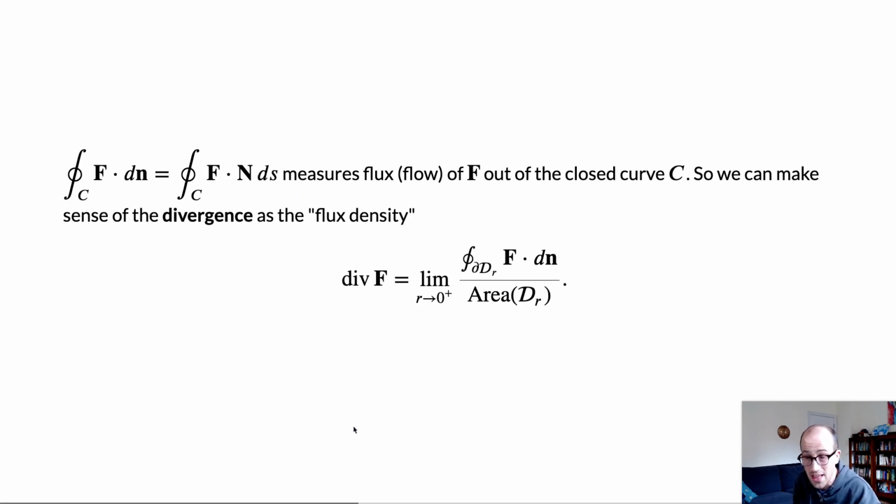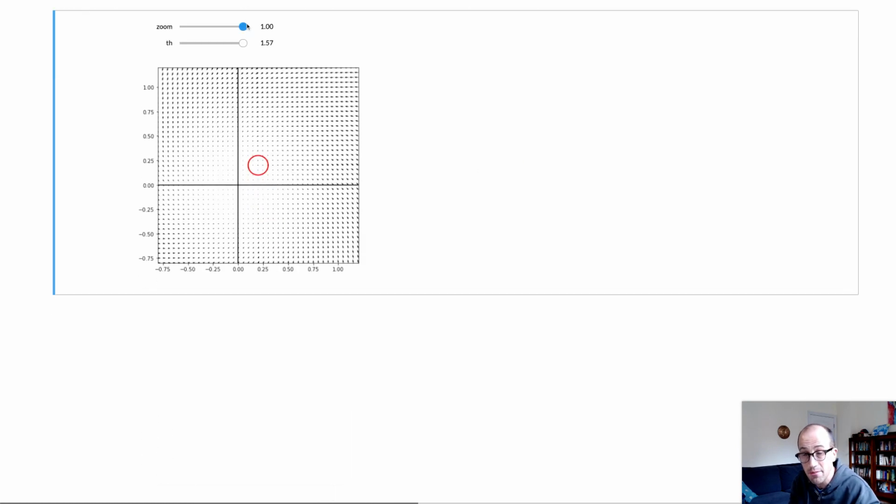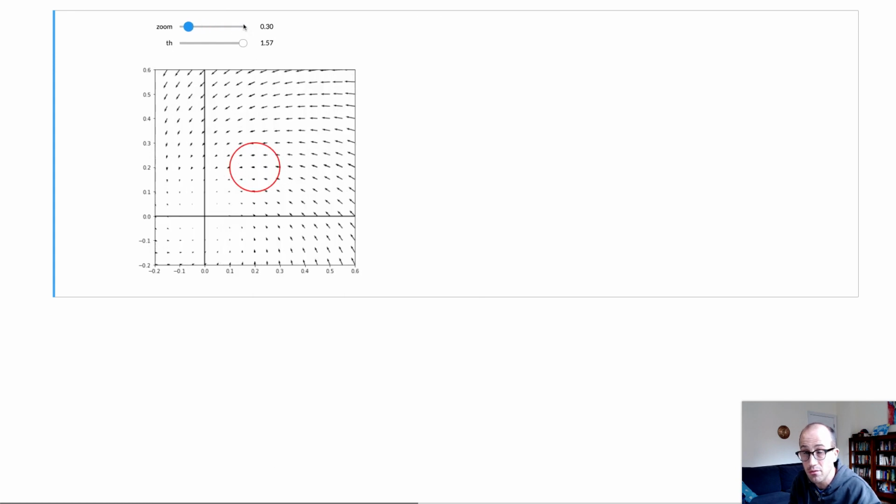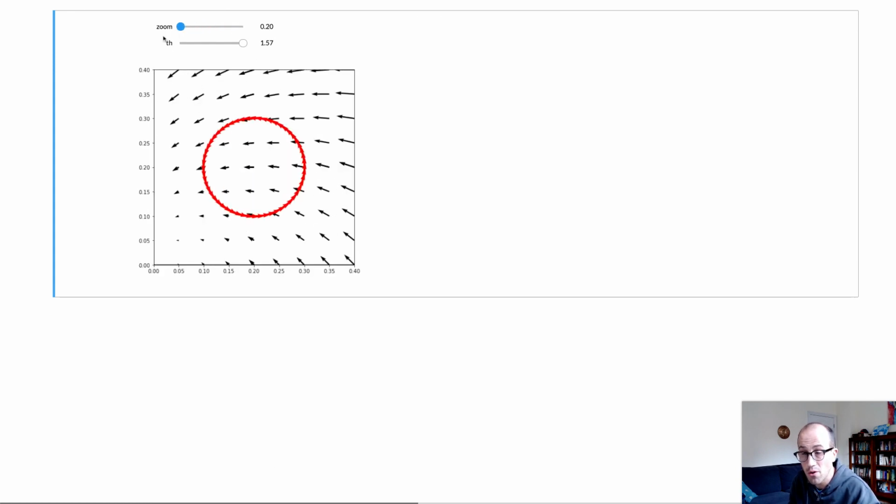But first, let's look at what we call flux, which is just the same picture that we had before, except now when we zoom in, we're going to look at how much the vector field is flowing out through this little loop here. So that means instead of looking at the tangent vector, we're looking at the normal vectors pointing out. And so now the question about my vector field is, I want to know how much it is pointing outward of a little loop, of a little disk around